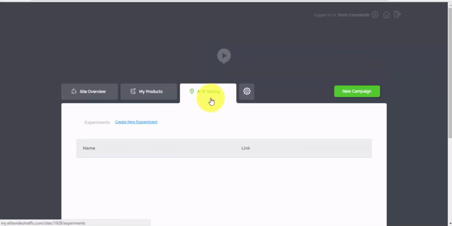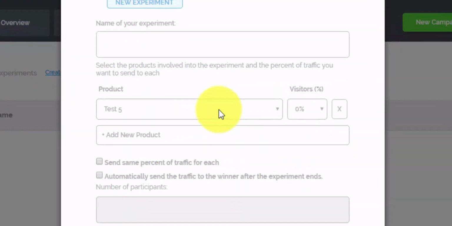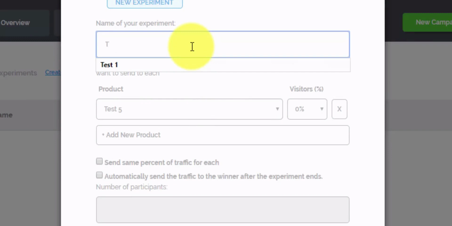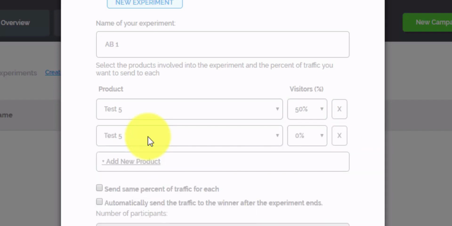Now, how do you do A/B testing? And it's very simple. You just click on the A/B testing option. Then you go and press the create new experiment. We'll give this a name, AB1. Then we already have a product, basically a campaign with a specific sales page, and this is test 5. So say we want to send 50% of our visitors here. Now obviously, then we have to have a different sales page that we want to test in comparison with the first one. That will be a different product, a different campaign. So we will add a new product in our case because we currently don't have another product. It will still be test 5, and we will set it up so that 50% of the traffic is sent